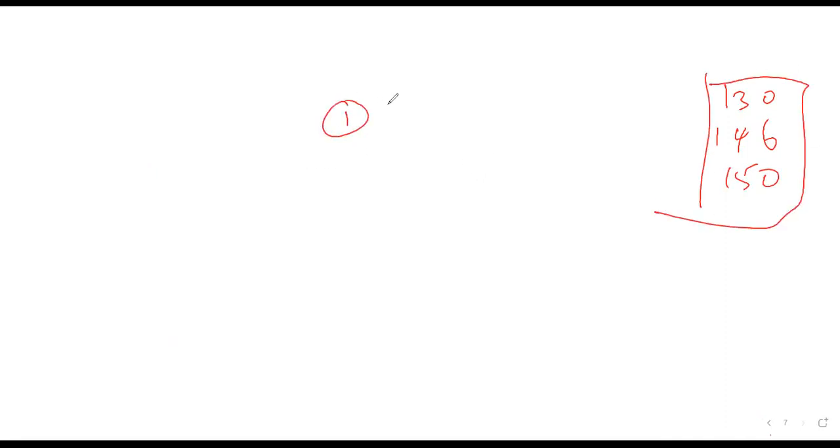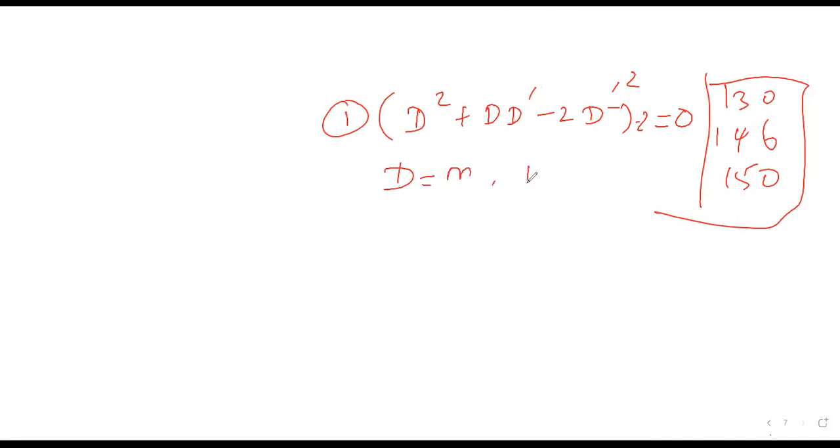The first questions I didn't want to do anyway. So d squared plus d d dash minus 2 d dash squared of z is equal to 0, isn't it? So the only thing is you have to use the auxiliary equation d is equal to m, d dash equal to 1. When you substitute this, m squared plus m minus 2 is equal to 0. What are the possible values you found? Minus 2 comma 1, no? So our z will be phi 1 of y minus